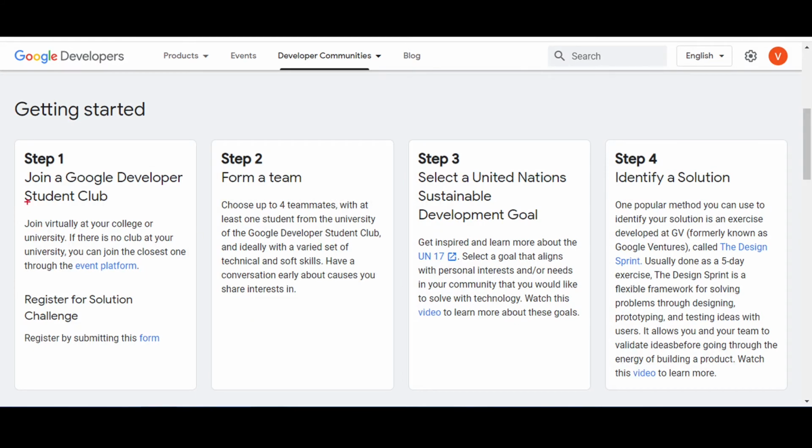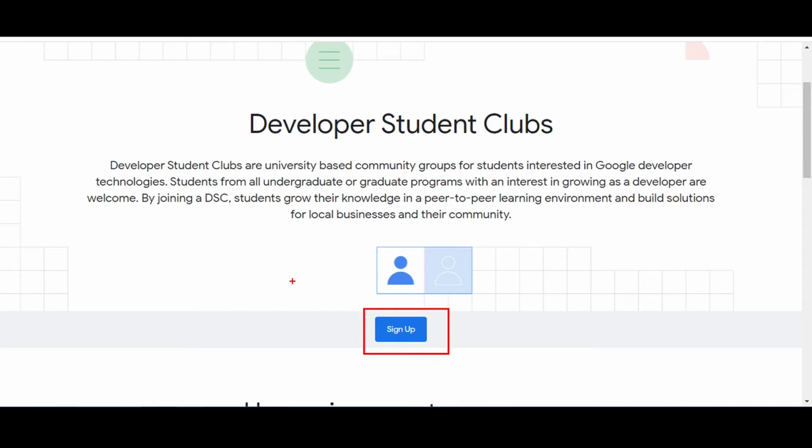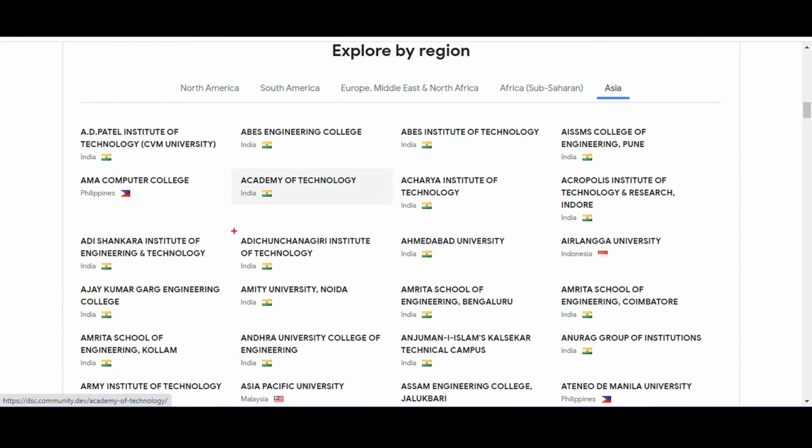So now let's talk about the registration process. For registering in this event, first of all, at least one member of your team must be a member of a Developer Student Club. If you are not a member of a Developer Student Club, you can visit this site and click on the event platform. Then you need to select your region and choose the nearest DSC. Then click on that DSC and join the DSC.